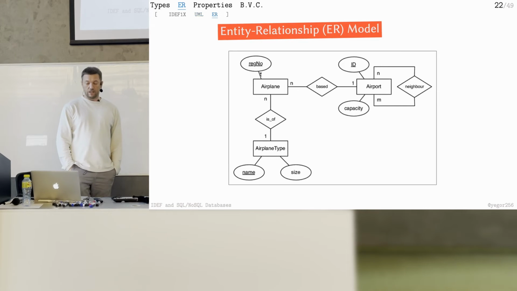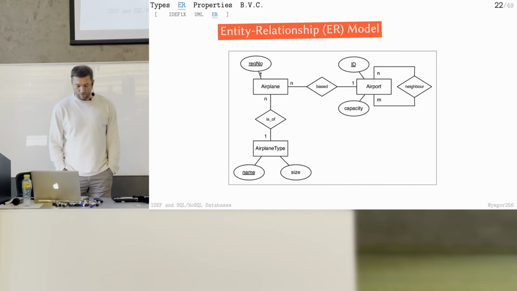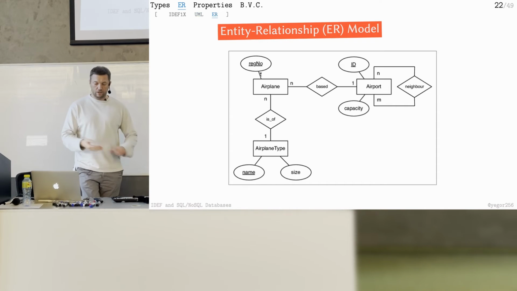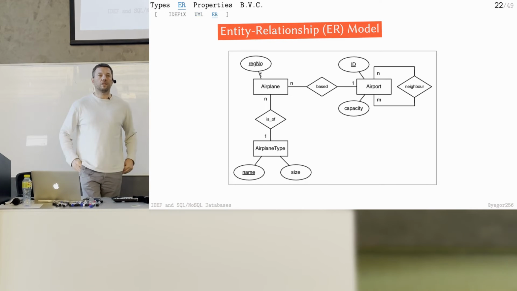This one, the entity relationship model, existed before UML and allows you to show, not only for databases but in general, the relationships between entities, how things are related to each other. They also have cardinality. Each rectangle is an entity, and each diamond is a relationship. A relationship in a relational database is a special table with 2 columns which represents the relationship. Yes? How is it different from UML?